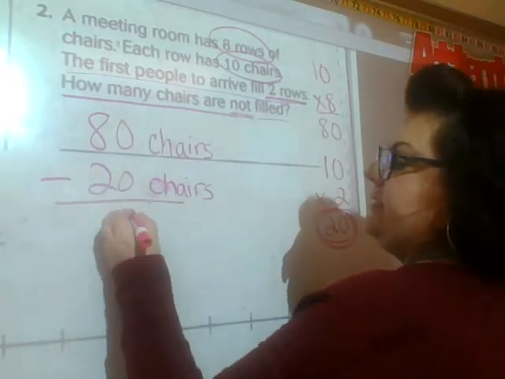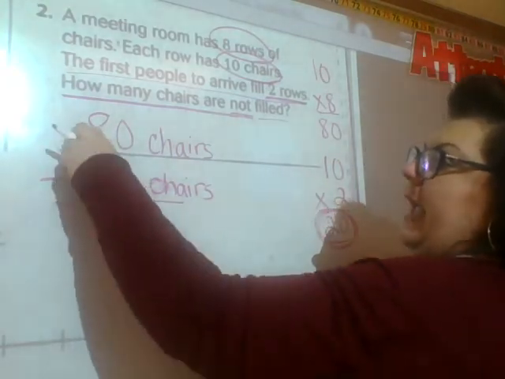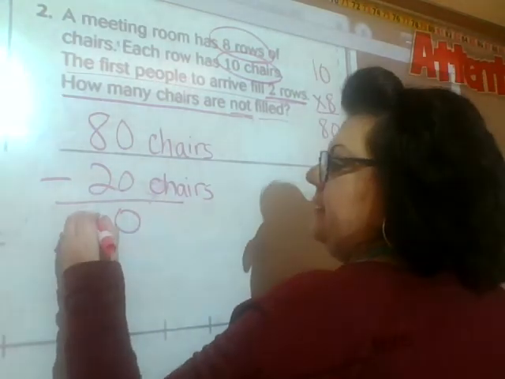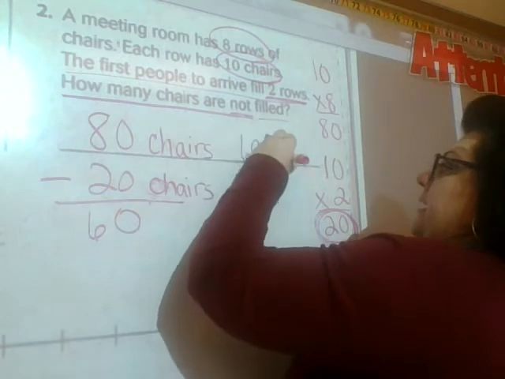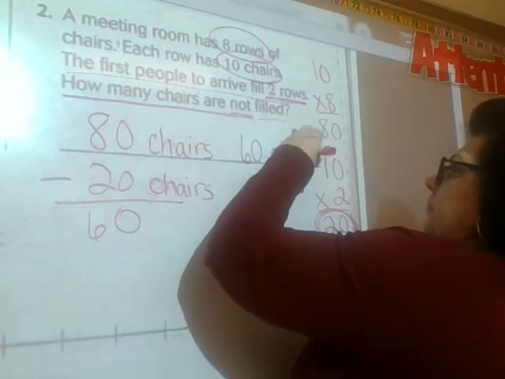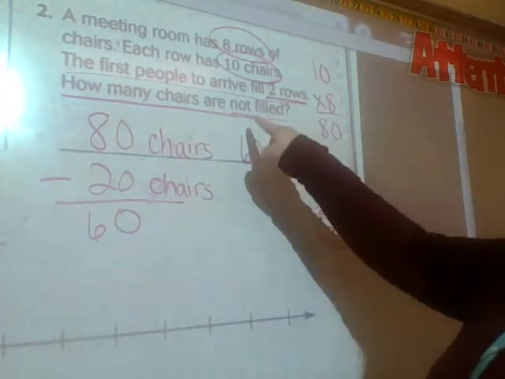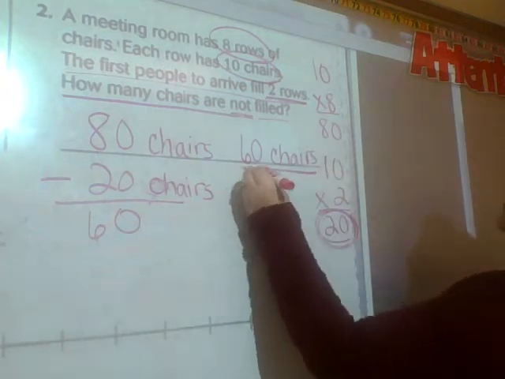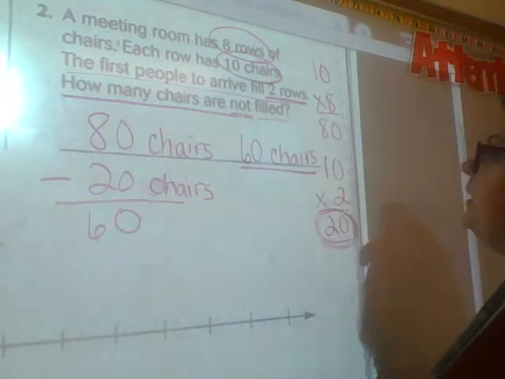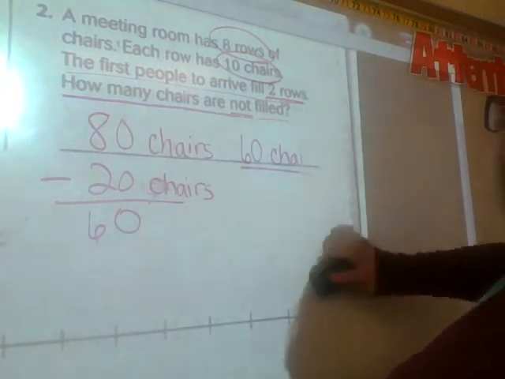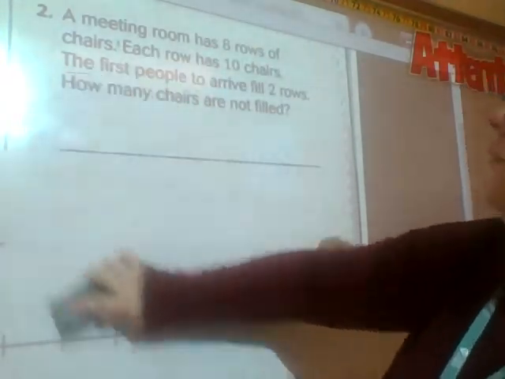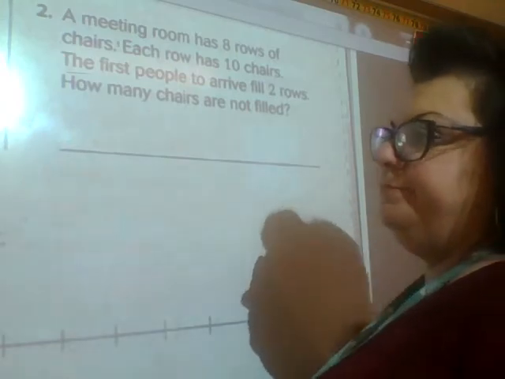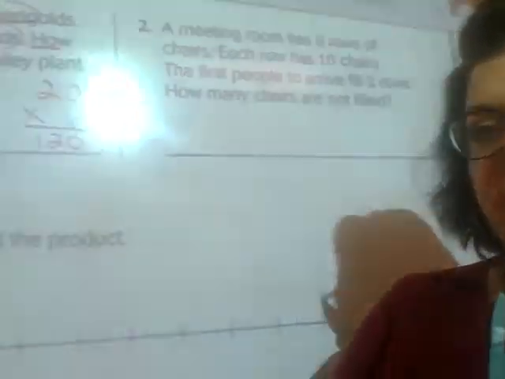So 0 minus 0 is 0. 8 minus 2 is 6. So 60 chairs are not filled. This is your answer, 60 chairs. Now, I don't think you're going to have a problem like that on your test, but if you do, that was a 3-stepper, wasn't it? Okay, so let's